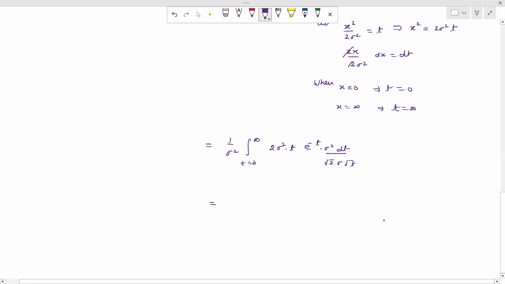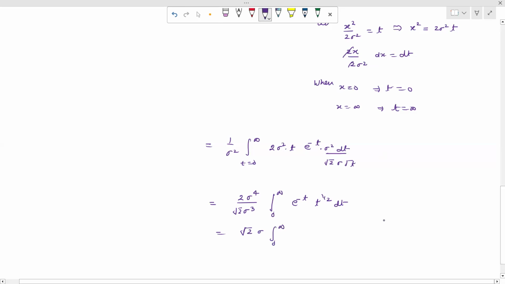So here we take sigma square common, so 2 sigma raised to the power 4 upon sigma square, which is already there. One sigma we have taken, and also we can take root 2 as common. So this gives us the integration 0 to infinity, with root t, e raised to the power minus t, t raised to the power 1 by 2 into dt. When we simplify this, it can be written as root 2 into sigma integration 0